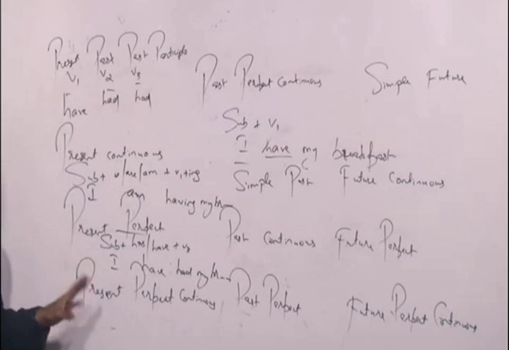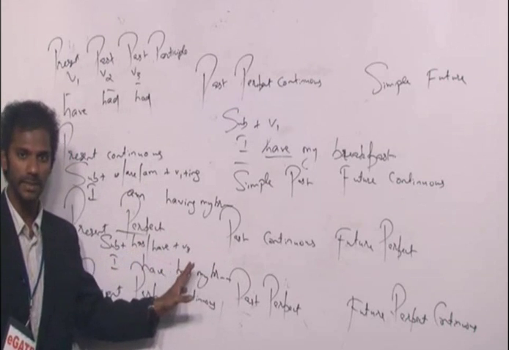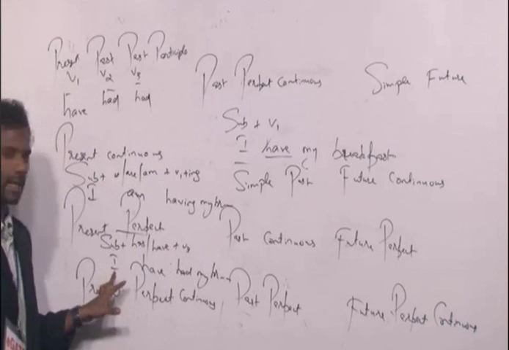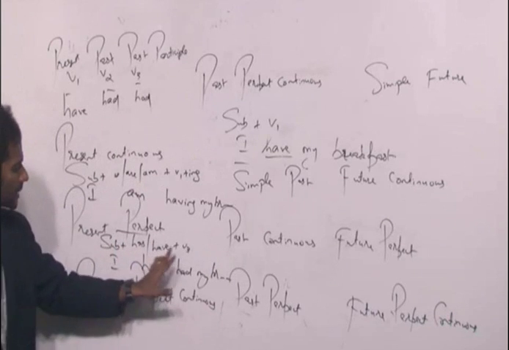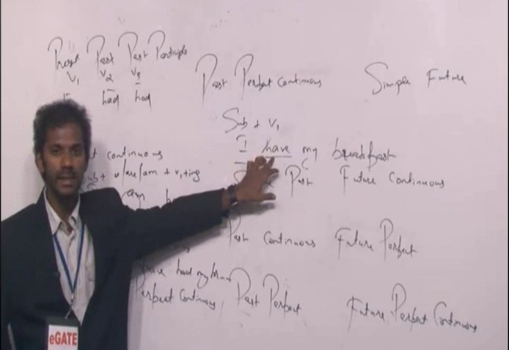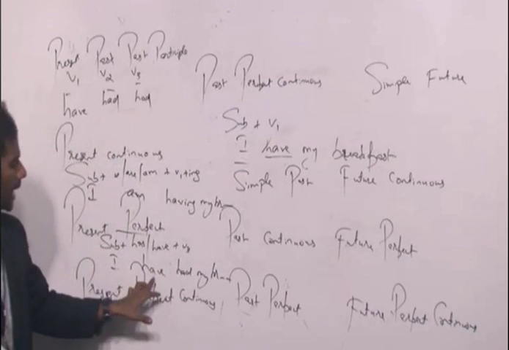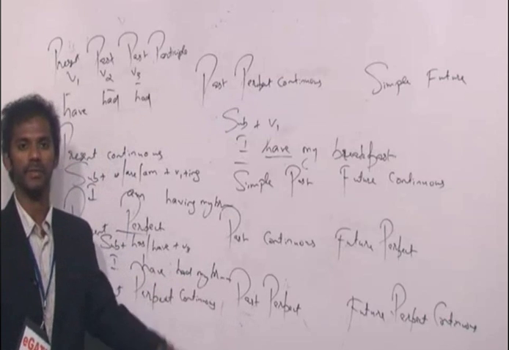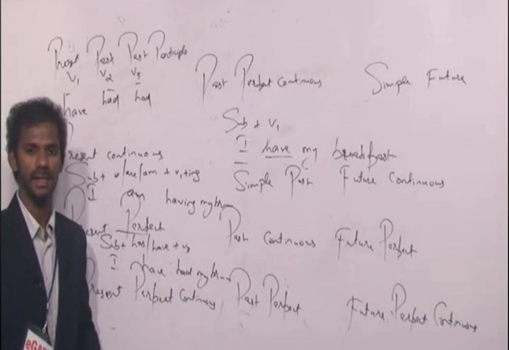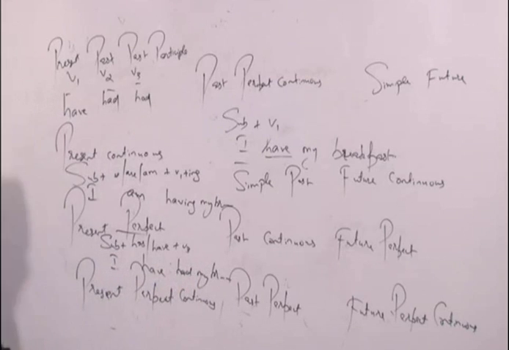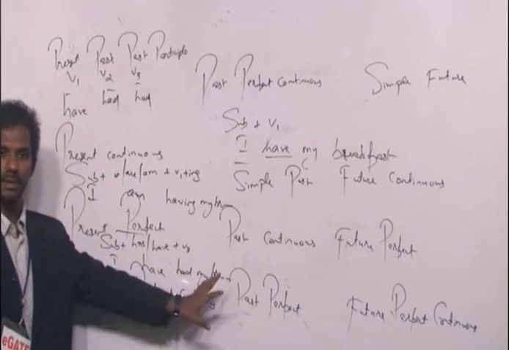Clear? Present perfect tense, I repeat, the rule is subject plus has or have plus V3. The subject in this sentence is I. We'll never say I has. So it should be I have, plus V3. The verb in this sentence is have, and the V3 of have is had. So it should be I have had my breakfast. So this is present perfect tense. Hope it's clear, right?